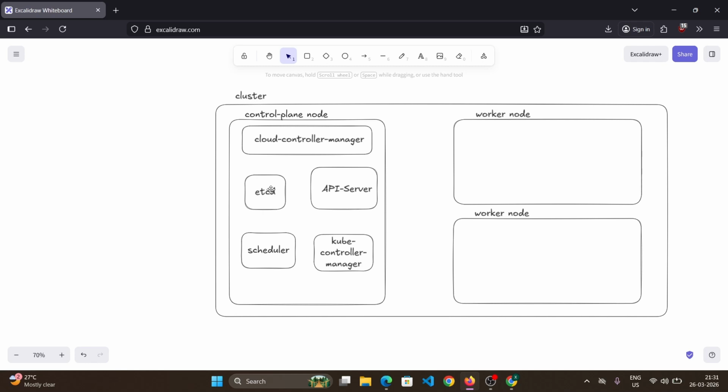API server done. etcd. What is etcd? It is a consistent and highly available key value store in which the API server stores some key value pairs. It is the Kubernetes specific, this cluster specific store. It can be used as a database also, but if you want to learn about it in detail, you can learn. This is a very interesting concept. But for now, for this playlist,